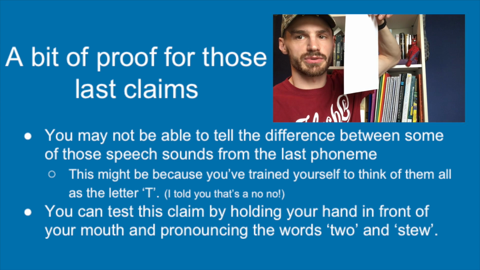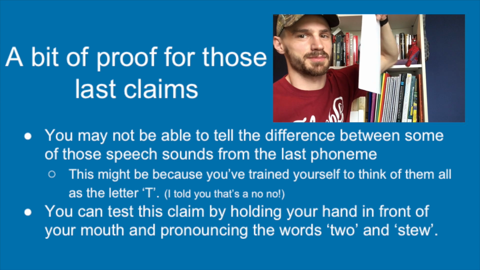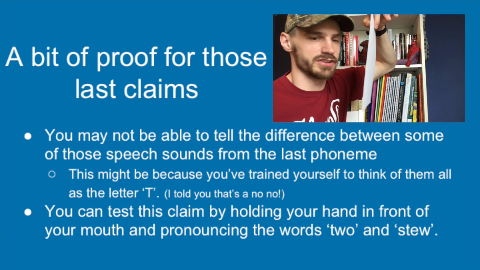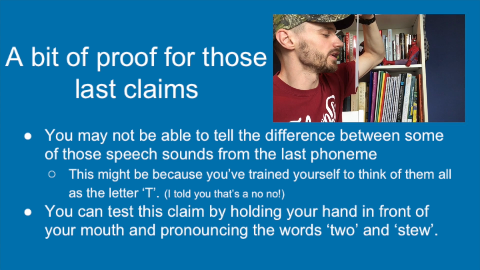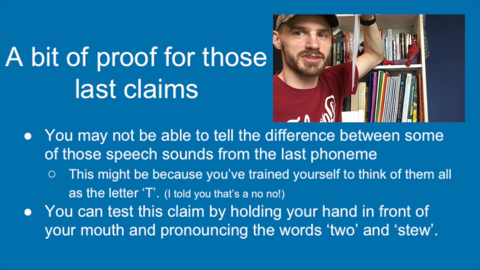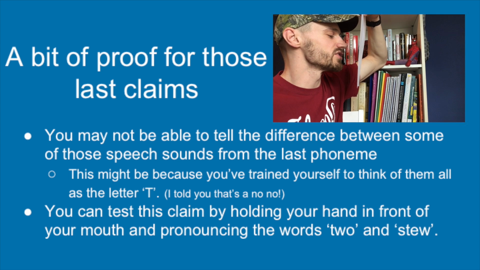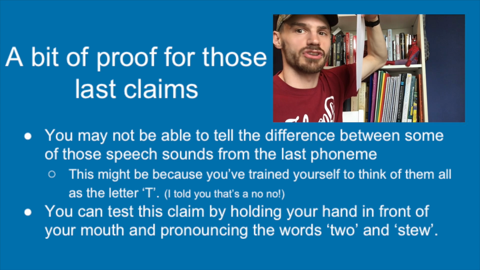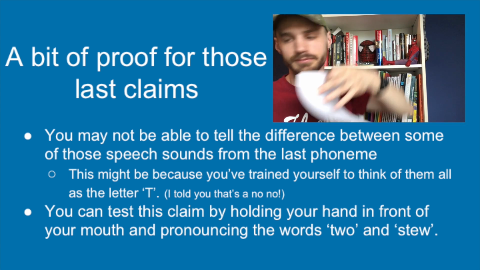You could also do this with a piece of paper. And if you don't speak English and you're having trouble with this experiment, hopefully this will prove it to you. Put a piece of paper in front of your mouth and say the word "to." You see how much motion there is? It's because there's a puff of air coming out. Then you say words like "stew," no movement at all. "To, to."